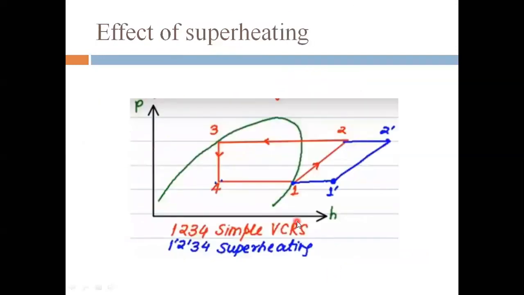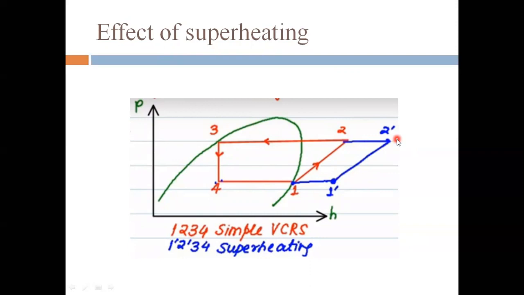Now, another effect is also important, that is superheating. In superheating, we are changing the point 1 to 1 dash. That is, we are doing more heating. This is the condition of saturated vapor. When we have more suction line length, this point is shifted to 1 dash, because the refrigerant is taking heat from the atmosphere, and because the length is increasing, superheating is carried out. So point 1 is shifted to 1 dash. We are not changing any condenser pressure or evaporator pressure. So the compression work is 1 dash to 2 dash.